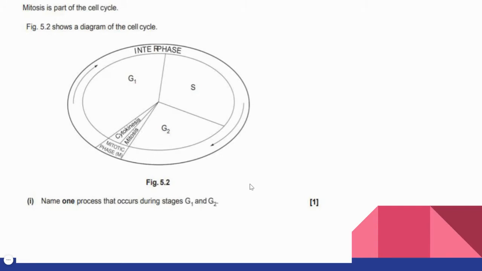So remember G1 and G2 stands for gap phase 1 and gap phase 2. They are sub phases in interphase, and during these two phases the cell is always preparing. In G1 it is preparing to make sure that the cell has enough equipments ready for S, that is duplication of DNA. In G2 the cell is again preparing to check if it is finally well equipped to enter the division phase. So both of these phases involve growth. So cell growth is the process that occurs during these two stages. No division happens, cell only grows.